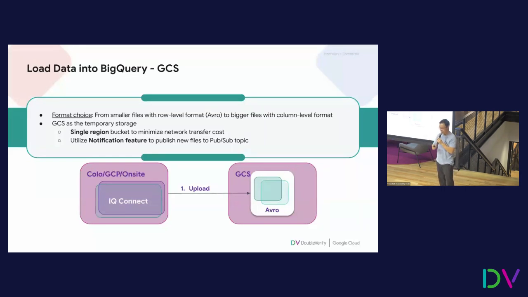So the next step is, what do we do with this? Every file is now accumulating on the local machines, right? Like I said, we want to move it outside this critical place. So the obvious solution: we want to migrate to BigQuery, so we need to move it to Google Cloud. We chose GCS, Google Cloud Storage, which is a pretty standard solution, right? So what we were facing at the time is